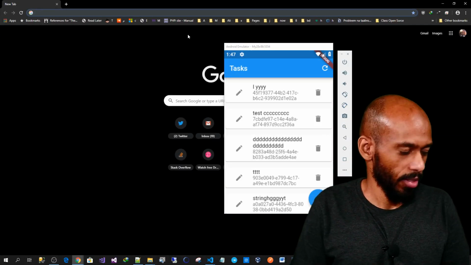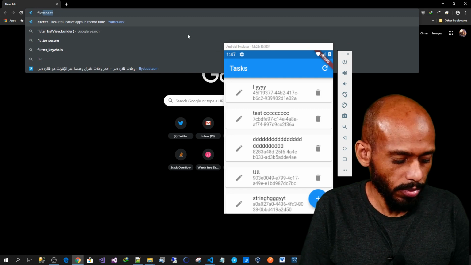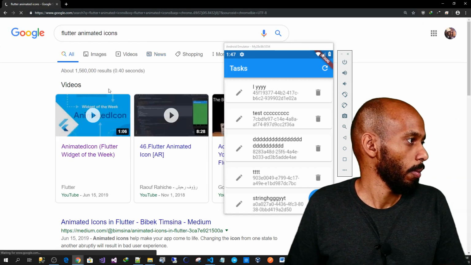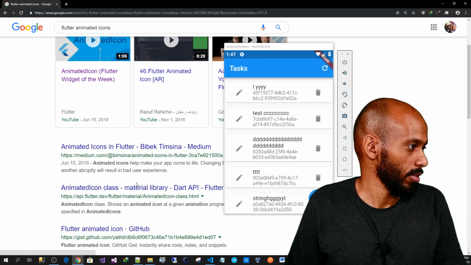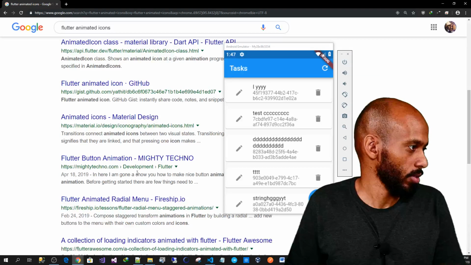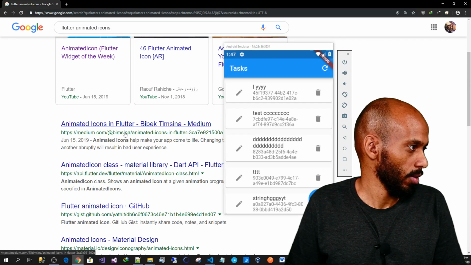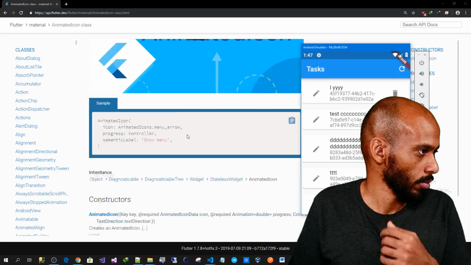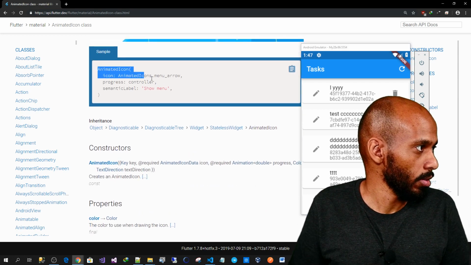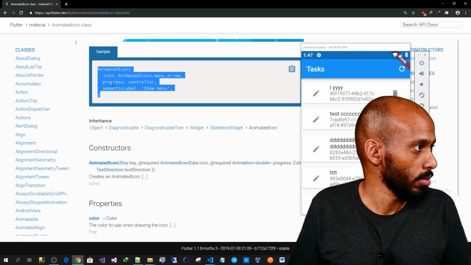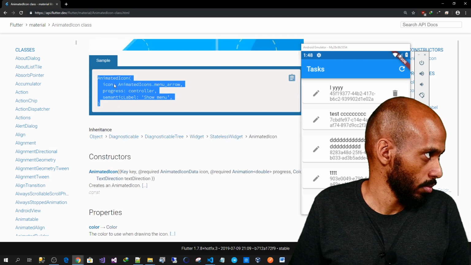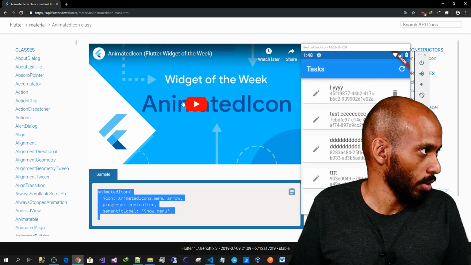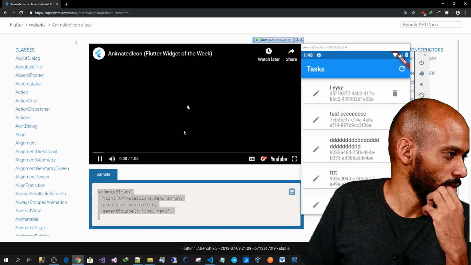If we Google animated Flutter, animated icons. If you go to the documentation, if you watch the video, there is a good one here. If you watch a little of the video,